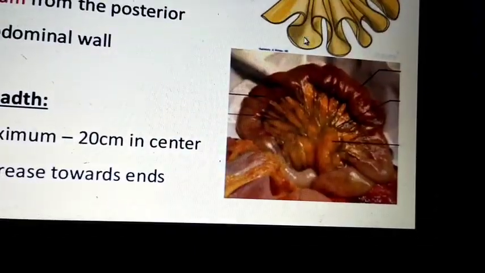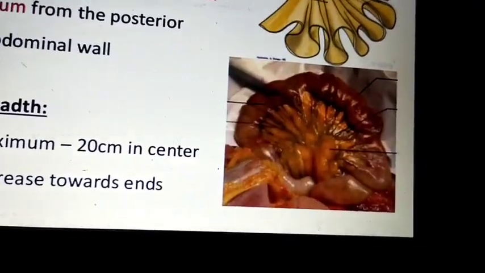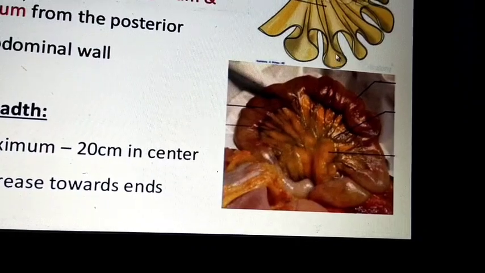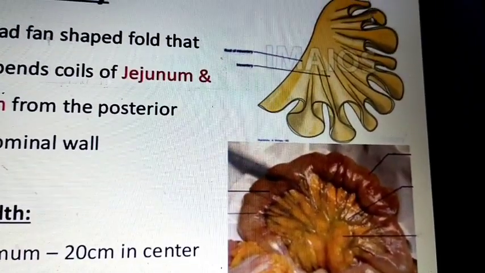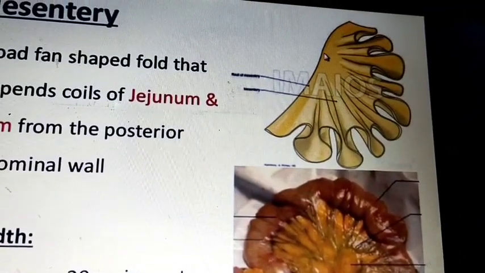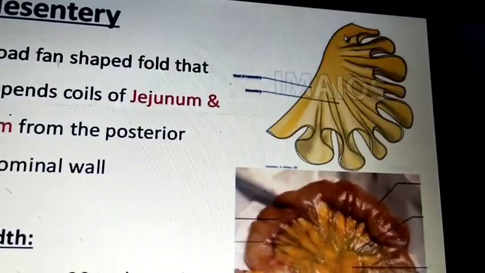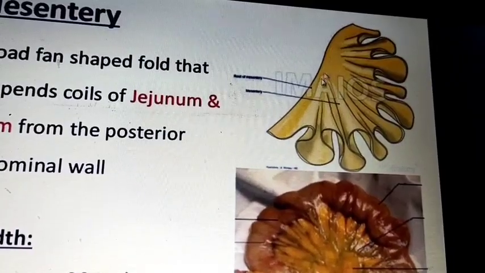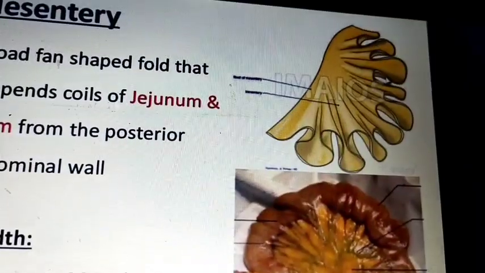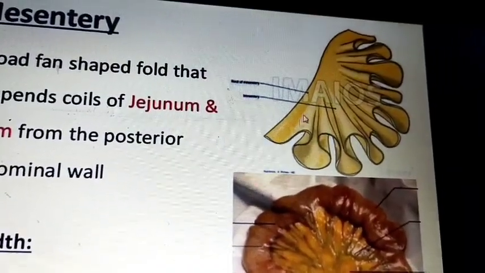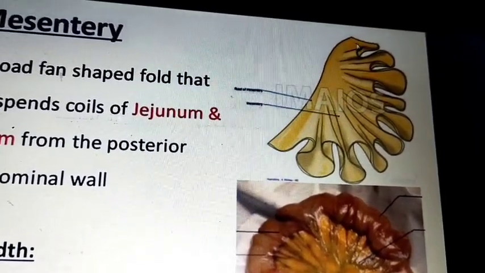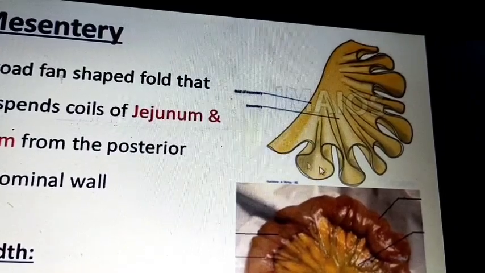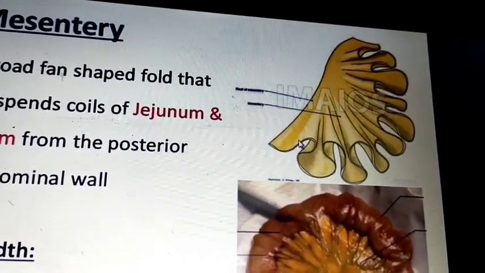Here you can see the fan shape, and this is the free border of the mesentery. The free border is longer than the fixed part. This part is the root of the mesentery, this is the free part, and these are the coils.